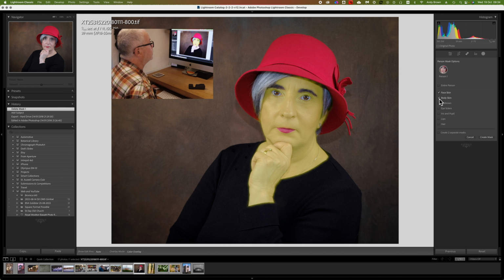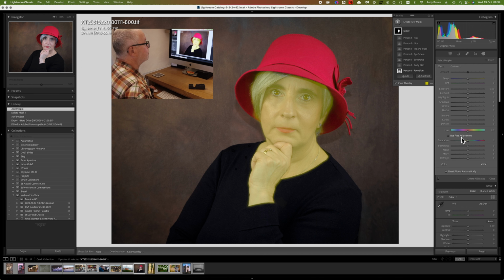So we'll do the face and the skin, the body skin, the eyebrows, the eyes. So we're just going to do an adjustment on her lips and hair. So that's basically her. Create mask, and there we've got a whole selection of masks already created, so you can